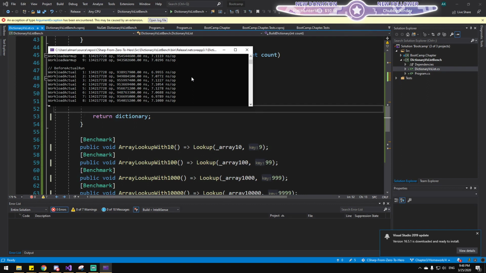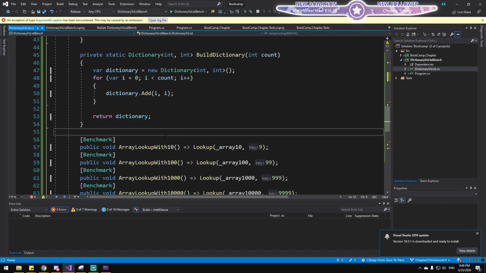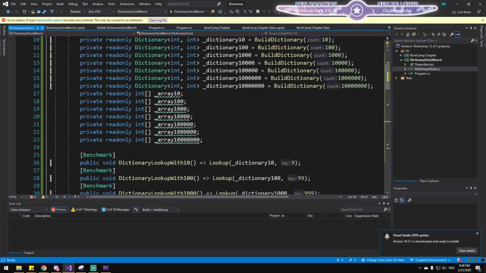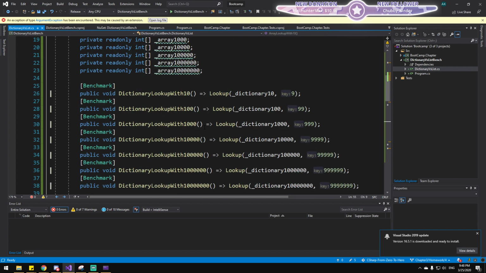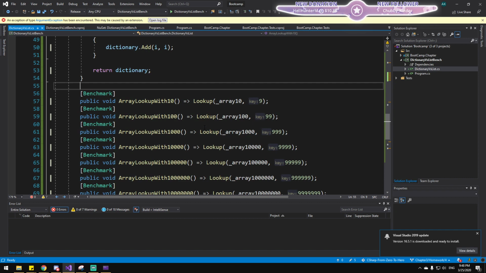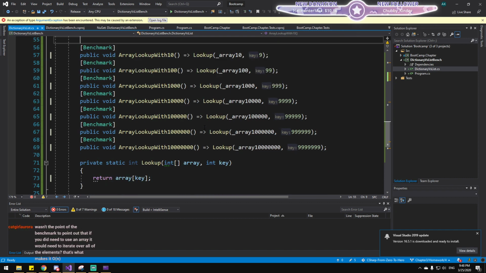It takes a while, so let's just let it run. In the meanwhile, let's compare how long it takes for